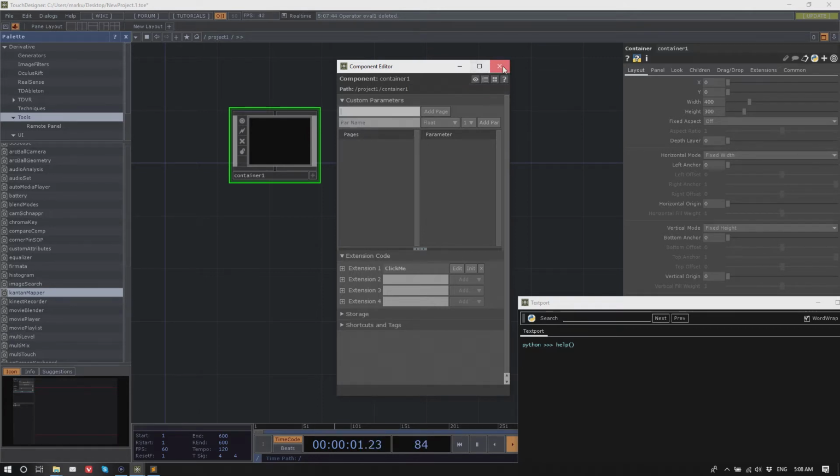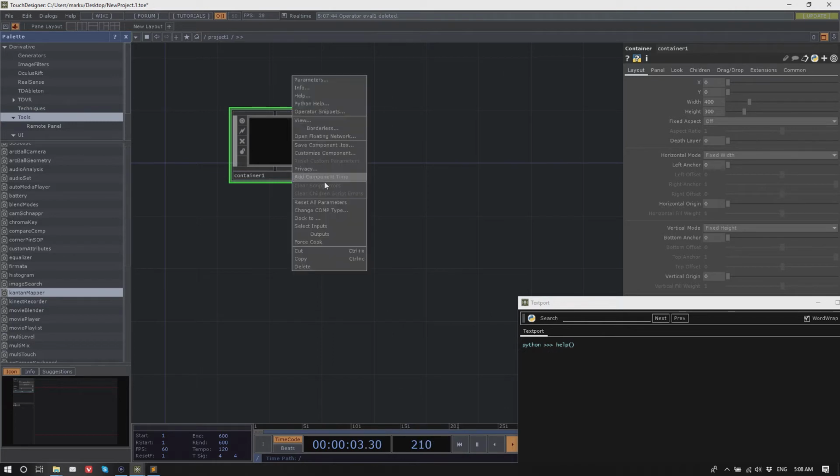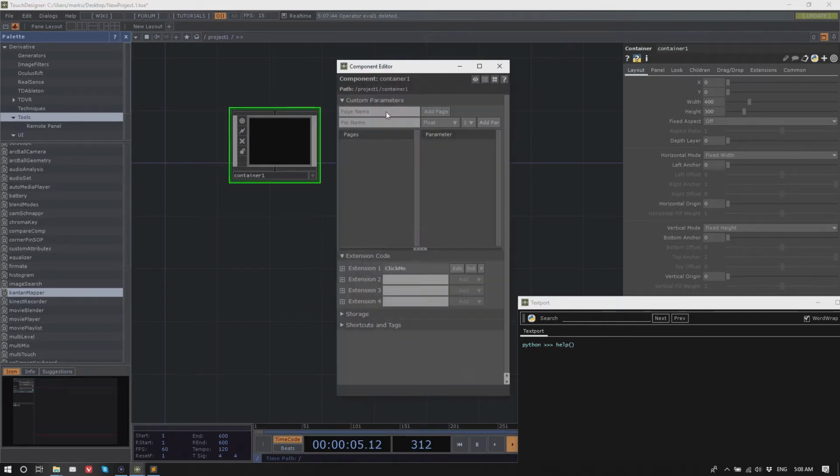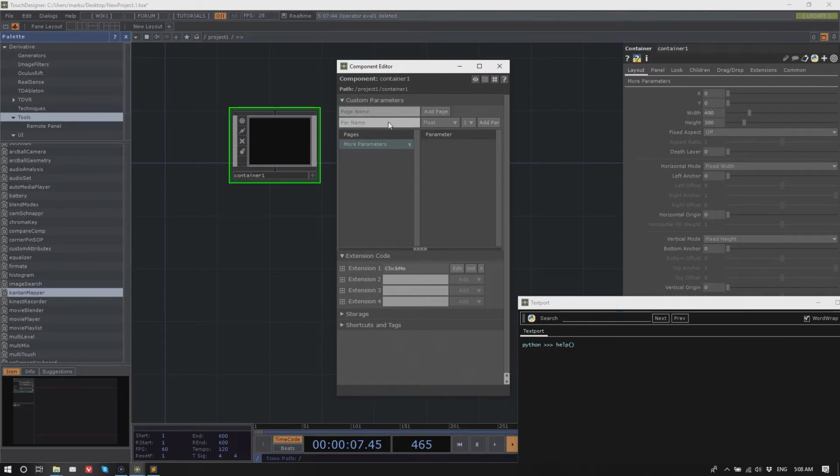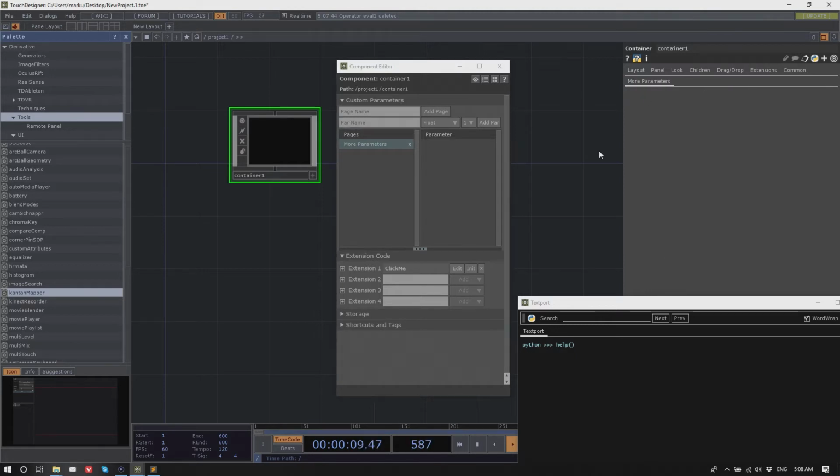To do this, you would right-click onto the component, say Customize Component, create a new page, more parameters, and then on this new page, all the custom pages are always one row below the build address.